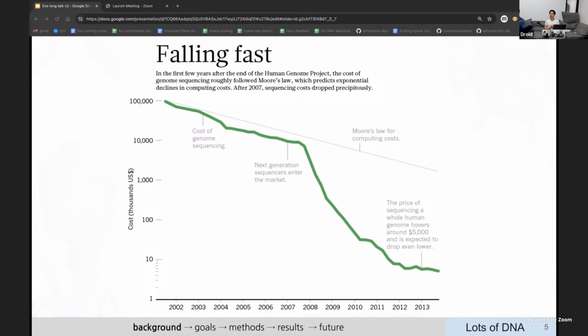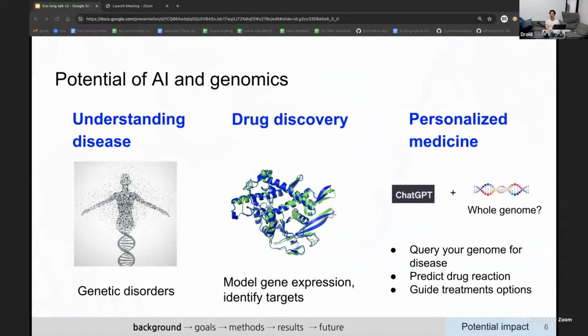And so the great thing about DNA is that there's also a good amount of data, especially driven by the cost of DNA sequencing dropping dramatically from hundreds of thousands to hundreds of dollars now for being able to sequence a person's entire genome. And so we care about learning from DNA because it can help us understand disease better, perhaps better understand how to create new drugs, and discover new targets. And also this idea of personalized medicine.